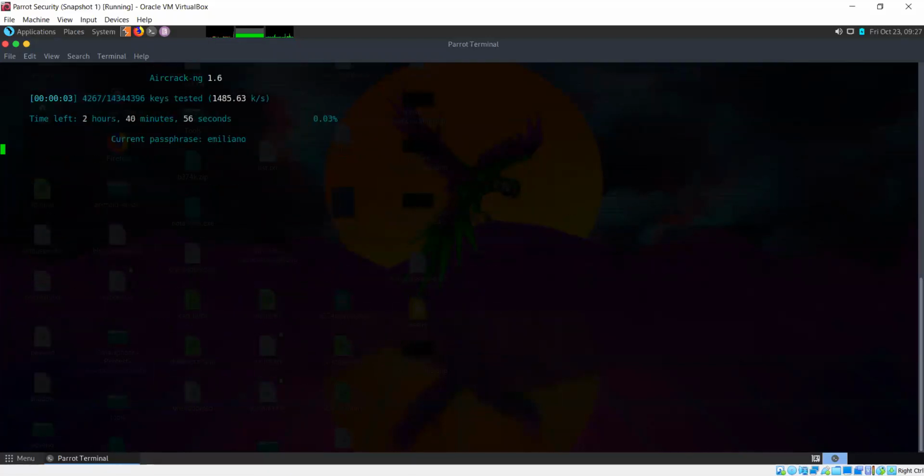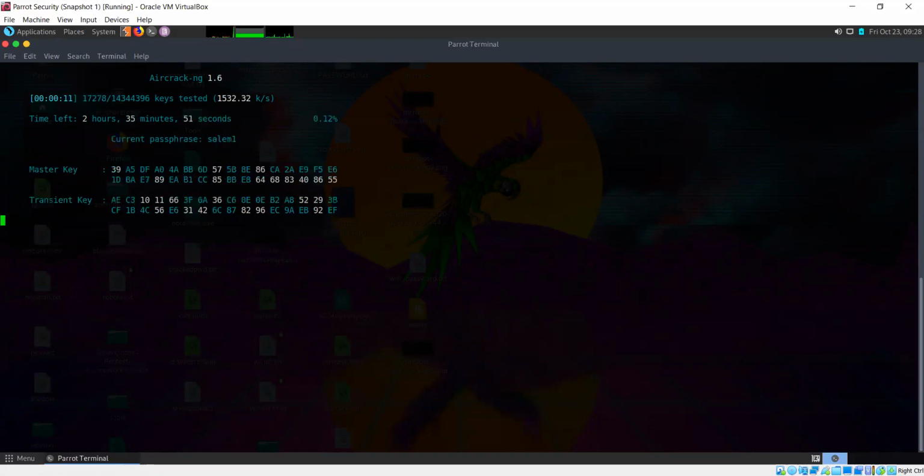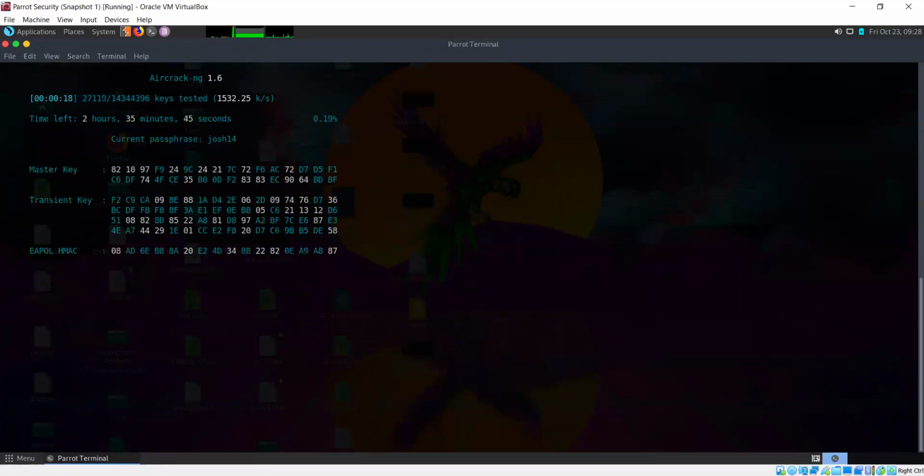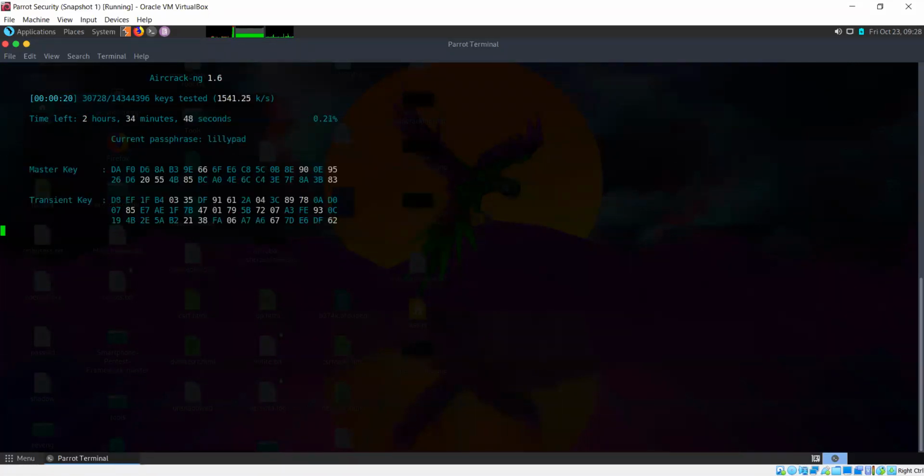So it is going to try and crack the password. Again, if the password is a part of this dictionary, then I'll be able to crack it with this. Otherwise, well, I won't be able to.